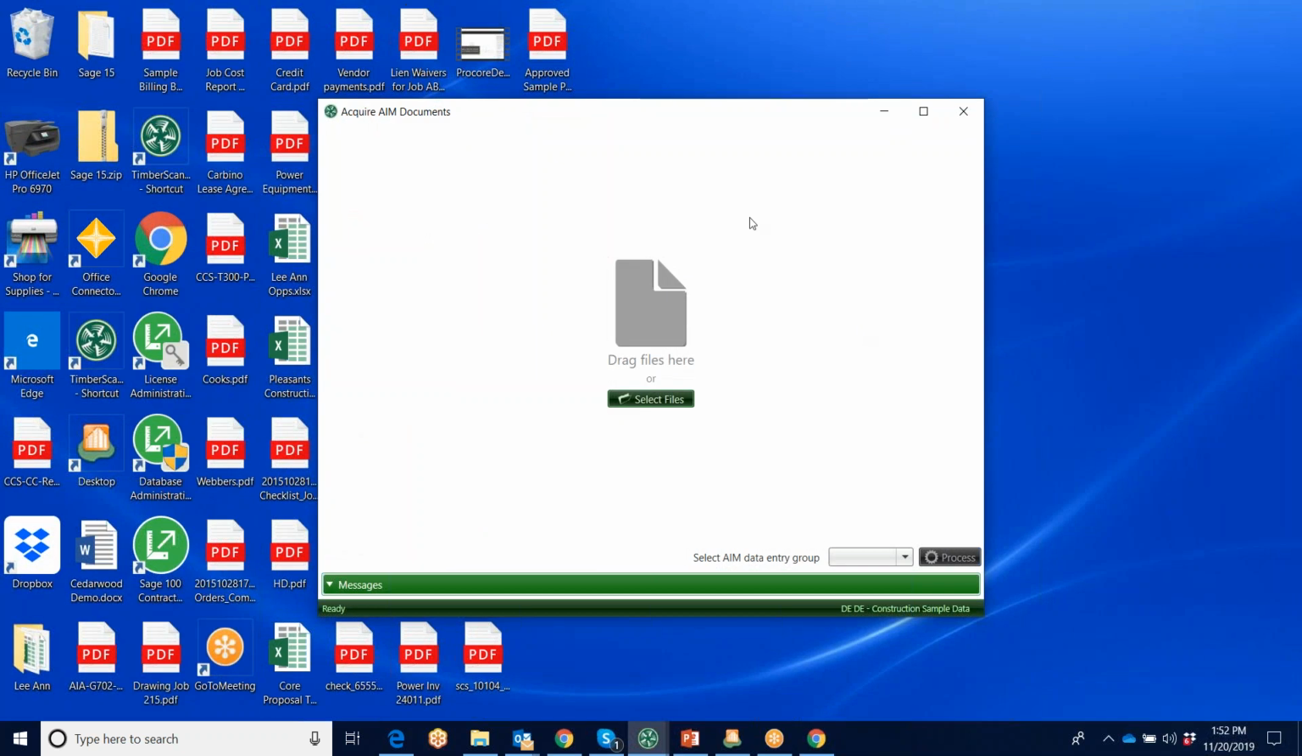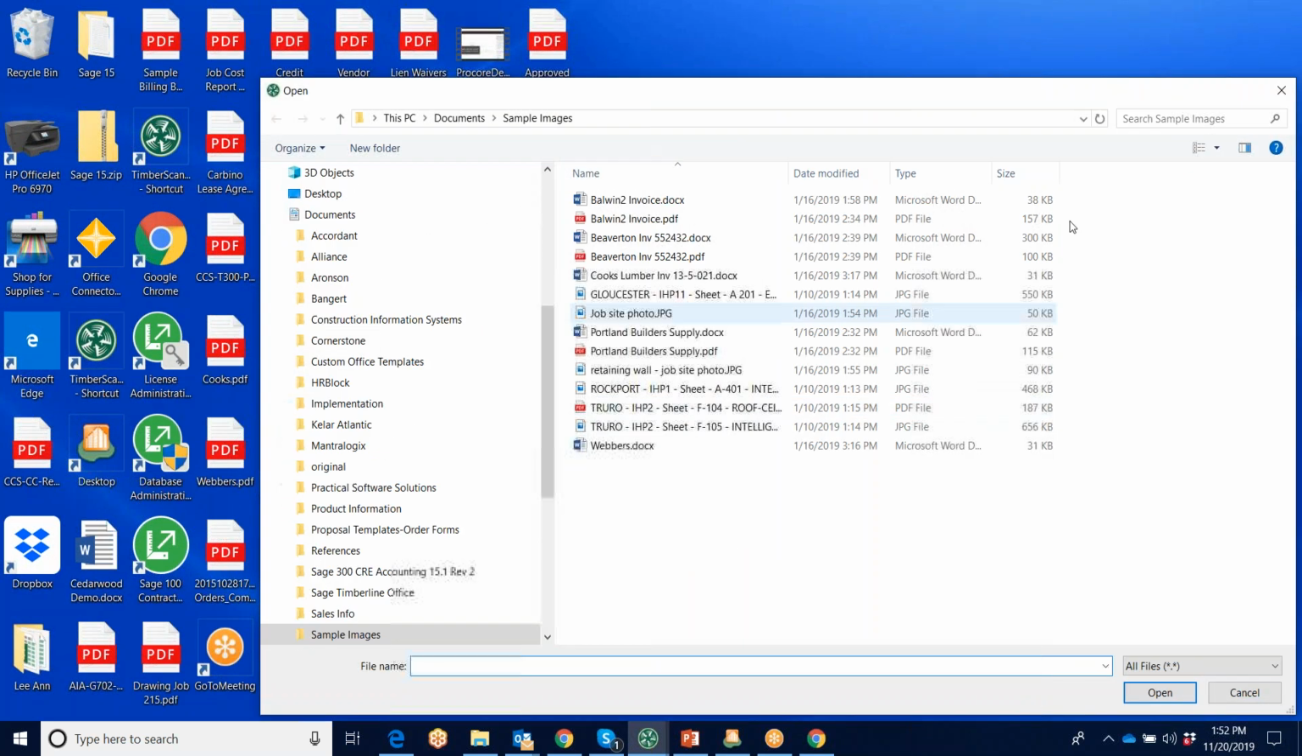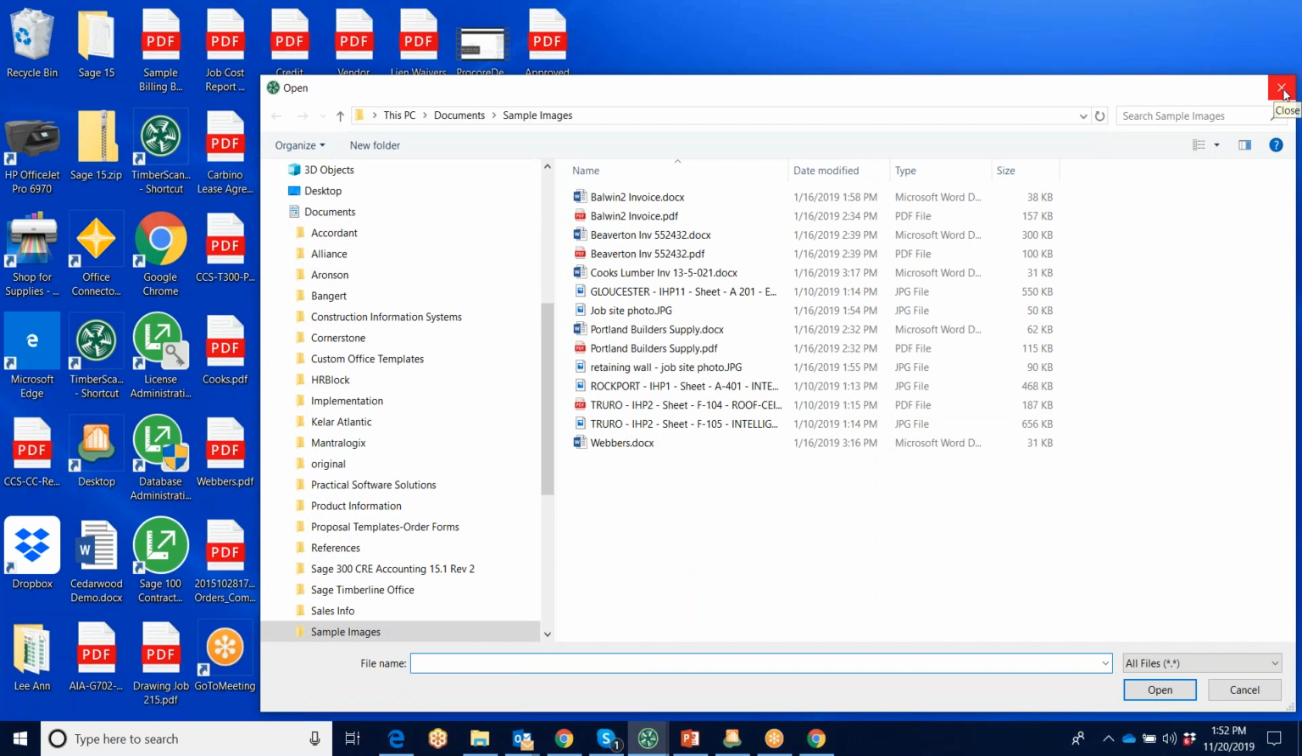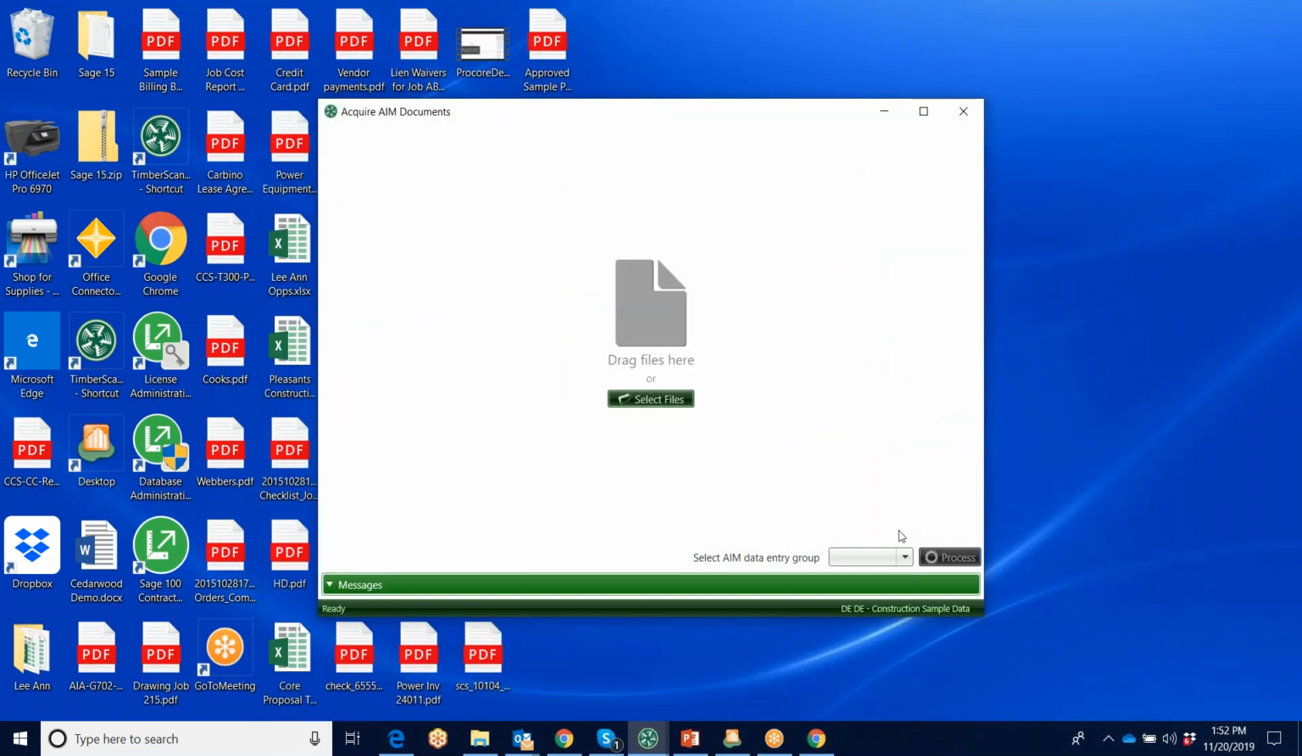I'll go through this pretty quickly in the interest of time, but here, very similar to accounts payable, you can select files from your network. You're going to assign a data entry group, and then you're going to process. From the data entry side,